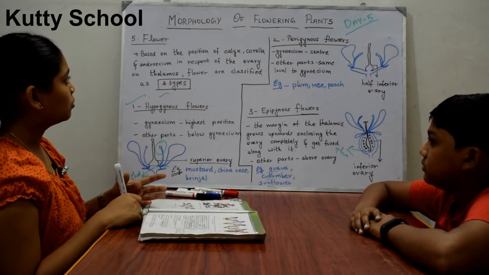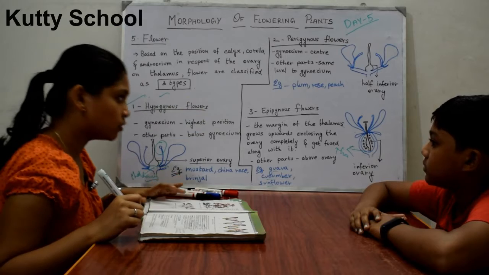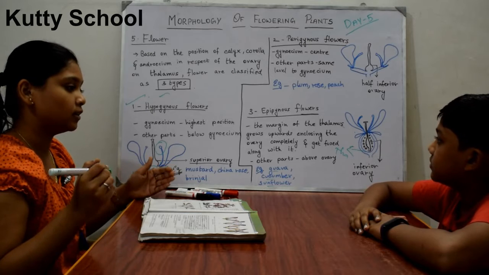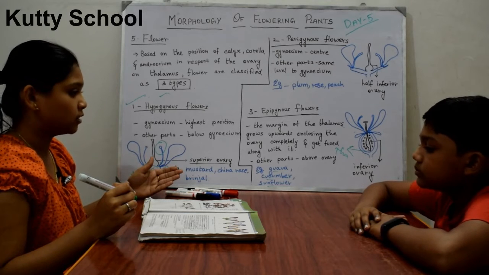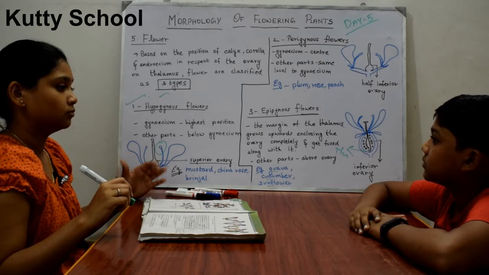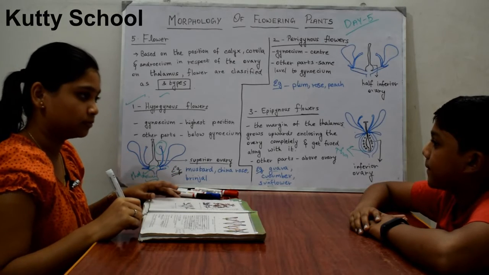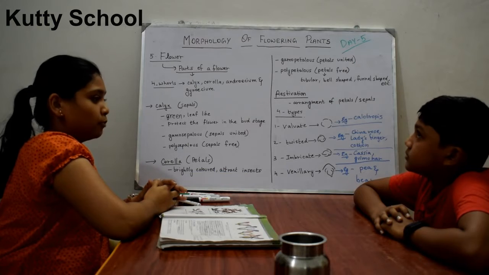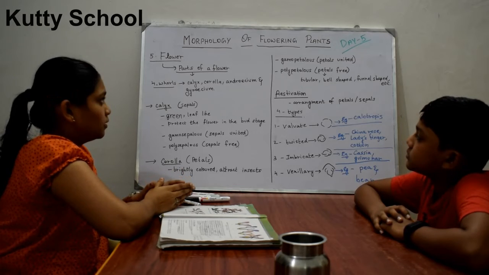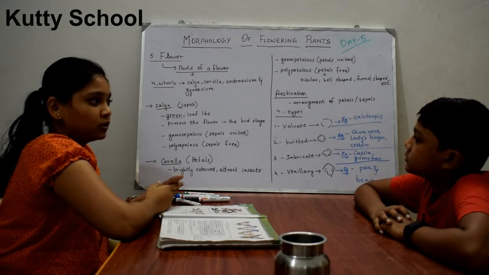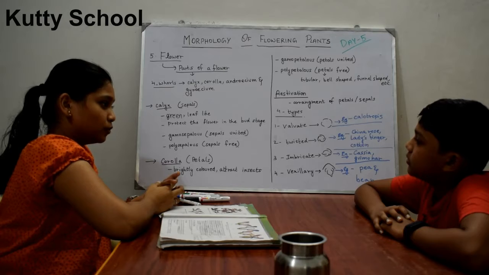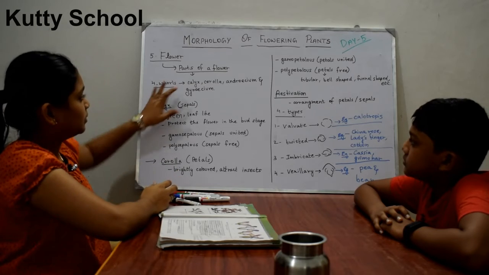These are general characteristics of flower: how the whorls are arranged in a flower, the symmetry of flower, and bisexual, unisexual and everything we have discussed. Now we'll go into the flower and see all the subtopics under flower, which are the parts of flower. We have already discussed there are four whorls in flower: calyx, corolla, androecium and gynoecium. Calyx is nothing but sepals and corolla is petals.